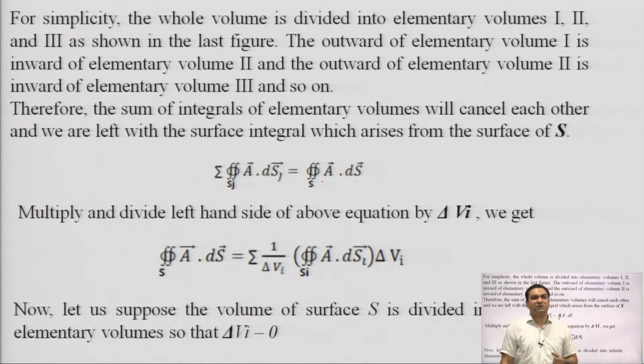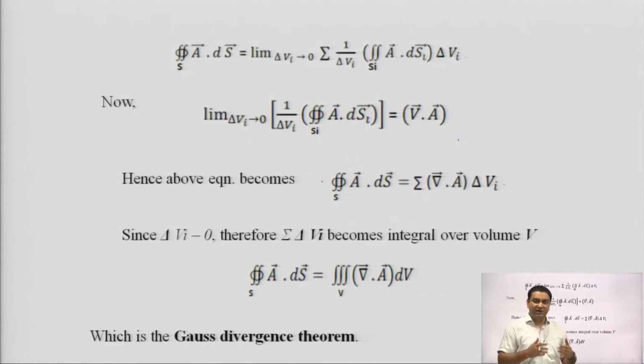Now, let us suppose the volume of the surface is divided into multiple elementary volumes, so that delta Vi tends to 0, and when it is 0, then this equation becomes like this, and when we get the final solution of these multiple equations, our motto is that delta Vi tends to 0, and when we put this value delta Vi tends to 0, then we get the final